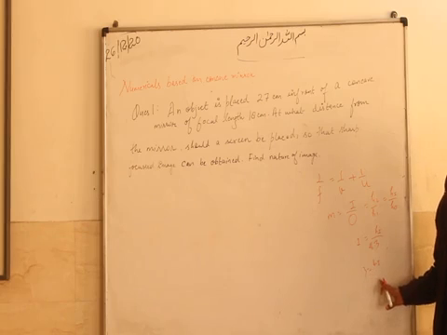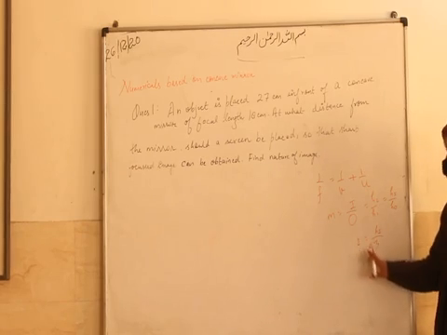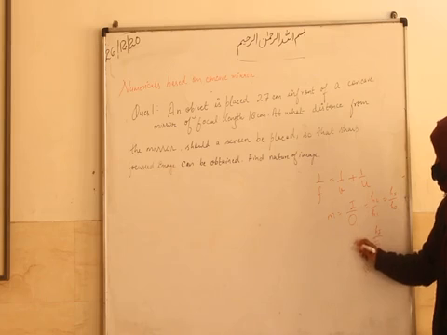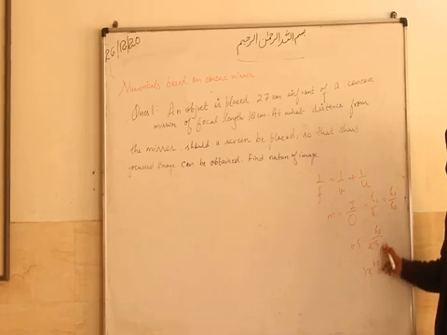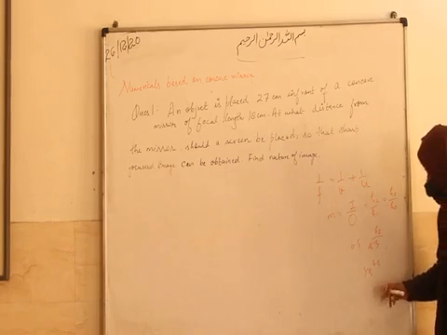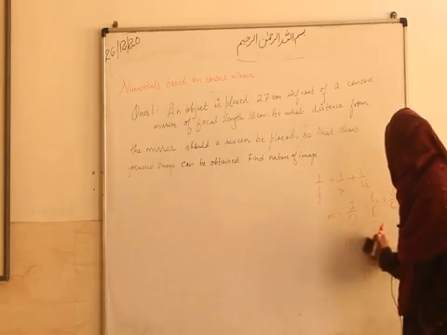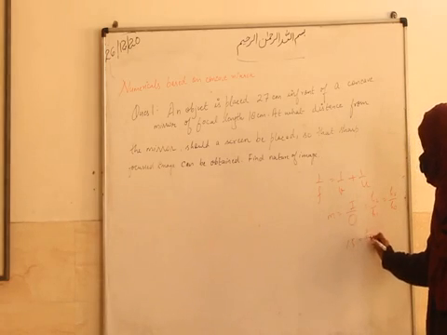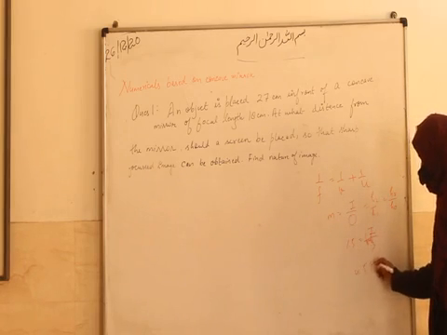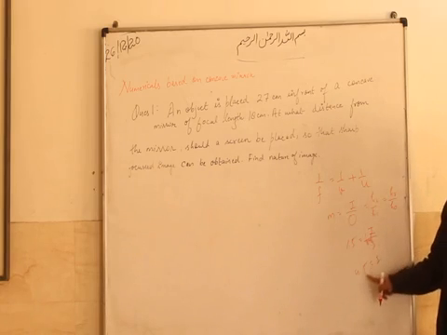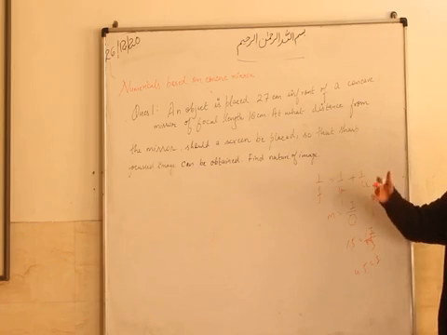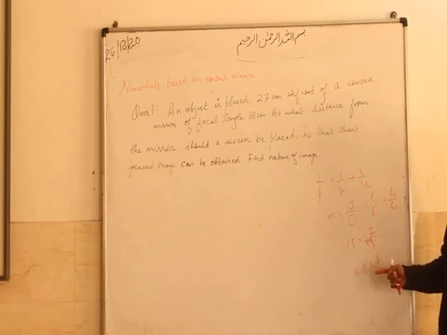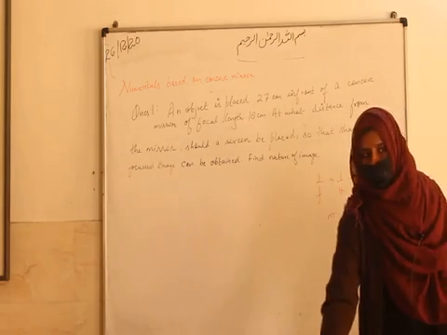You understood how magnification helps in finding out the enlargement of the image. It depends on the magnification. Suppose it is 1.5. Then 1.5 is equal to hi upon 3, so hi will be 4.5. You can see the object height was 3 and now the image height is 4.5. That means it is enlarged. It is bigger than the object. So this is how magnification helps in knowing the enlargement.